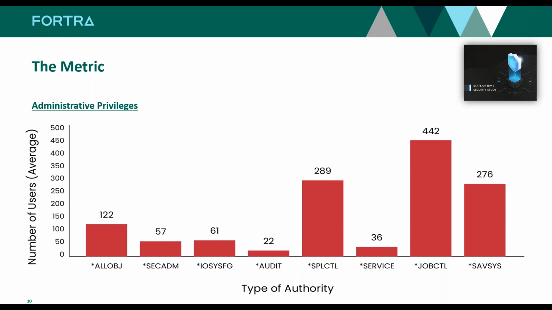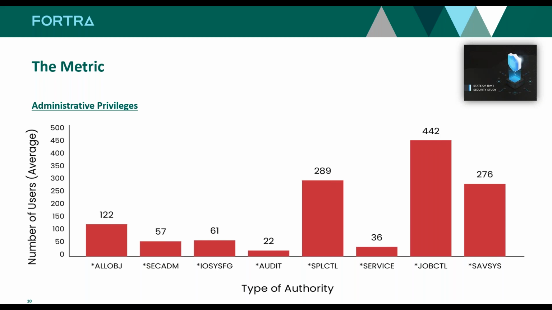I did an exercise to prove this out for a customer a few months back, where all they granted us was all object authority and wanted us to prove that we could acquire the rest. It only took a few minutes and we were able to acquire all 8 special authorities. So when you're looking at your special authorities, when you're looking at your user profiles, really take into account